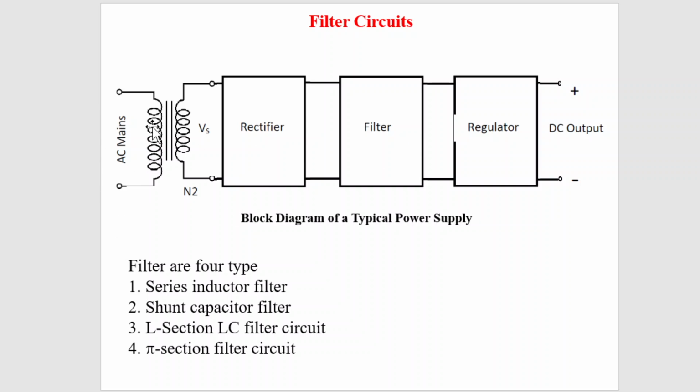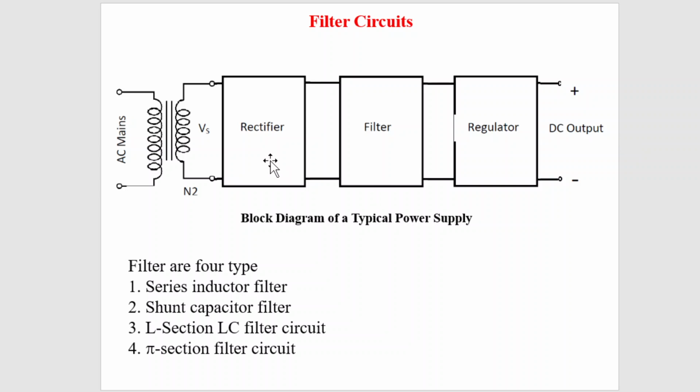An AC signal is a signal which during 0 to T/2, the half cycle, is positive, and from T/2 to T is negative. So if you take the average of an AC signal, that is completely 0. But in the case of a DC signal, the signal doesn't change its direction with respect to time. That means a DC signal is a constant signal. If it is voltage, a constant voltage; if it is current, a constant current. So that is basically a DC signal.